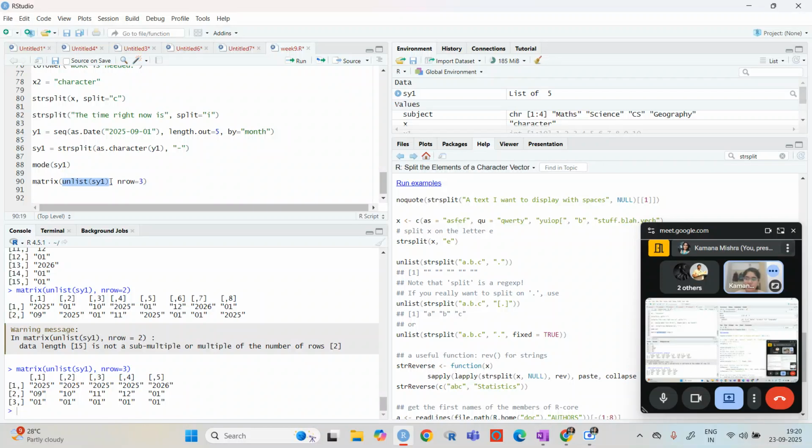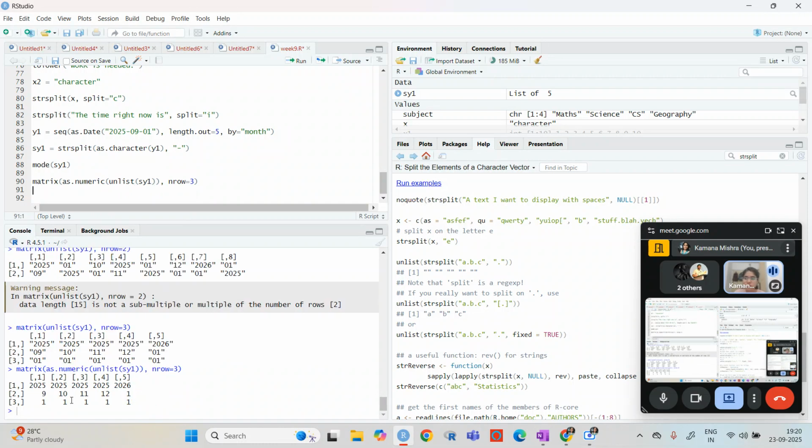Also we can use as.numeric on the values, so it will come like this. Basically, there are a lot of operations which you can perform, one inside one, one inside one. So if you just remember, then you can practice in a better way.